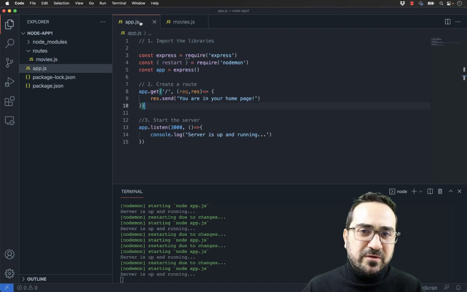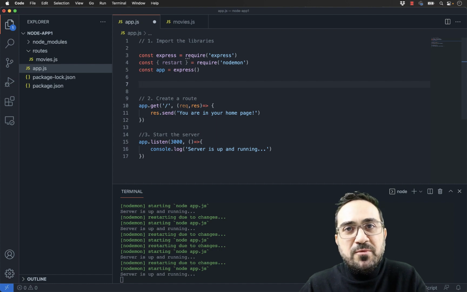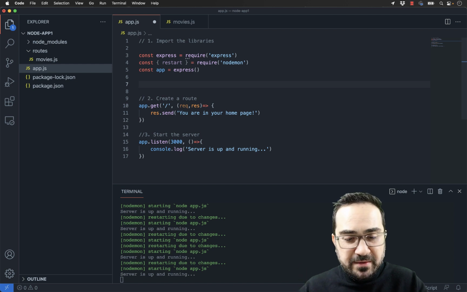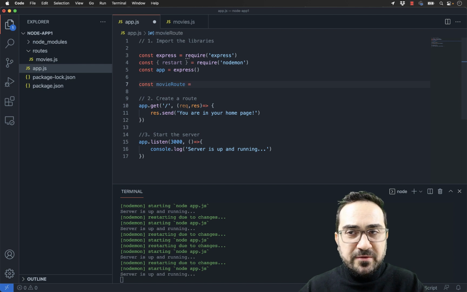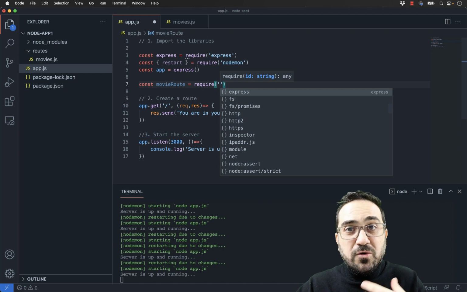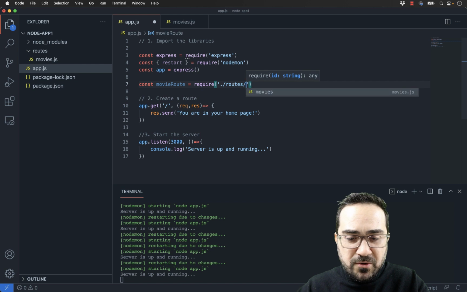So I will go back to my app.js, and here I will just press enter to leave some space. I have to say to my app, whenever you want to go to the movies, go to the movies file. It's just linking the app.js with the movies. What I will do is create a movie root. Whenever you want to go to the movie root, you will have to go to this file, and it says require. I need to find the file. The file is inside the roots and it's called movies. So I will just say go to the roots, and then go to the movies.